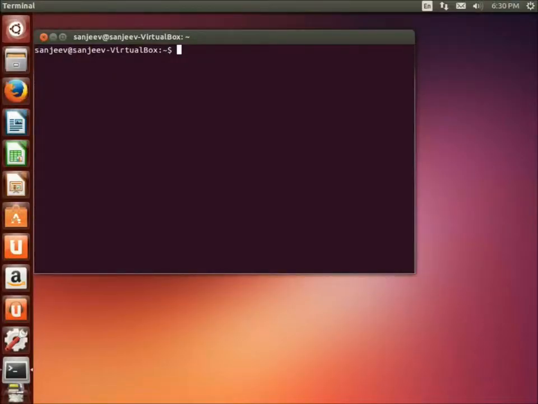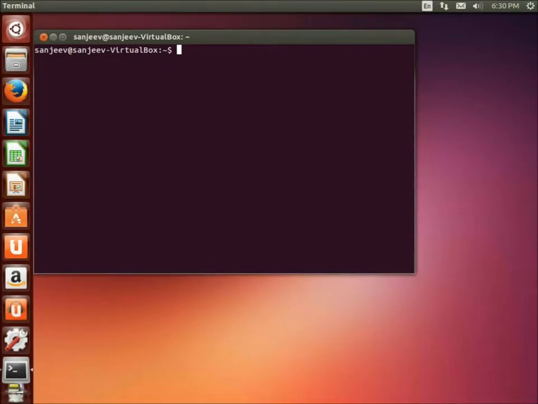Hello everyone, today I'm going to execute my project, recovering from node failure in wireless sensor actor network with minimum changes in topology. So the first thing to note here is that this project runs on a Linux distribution. So you must have a Linux OS with Network Simulator 2 installed.